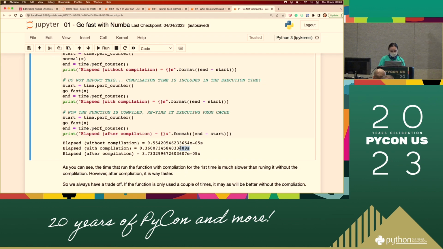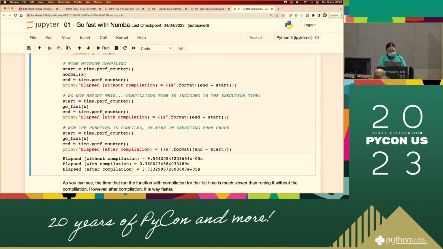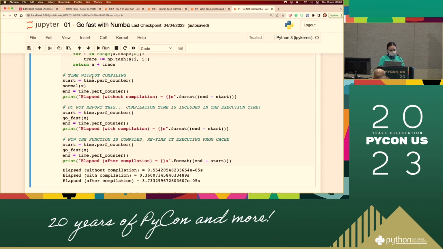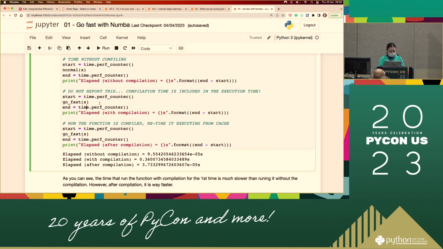It's on the order of 5, slower. How can it be 10 to the power of 5 times slower? No, actually 10 to the 4 times slower, but it's very, very slow, the one in the middle. So what happened? If you look at the code again, this is without compiling. This is Python. Okay, fine. And this is the one that we are using go fast, which is the one where we add the JIT here.